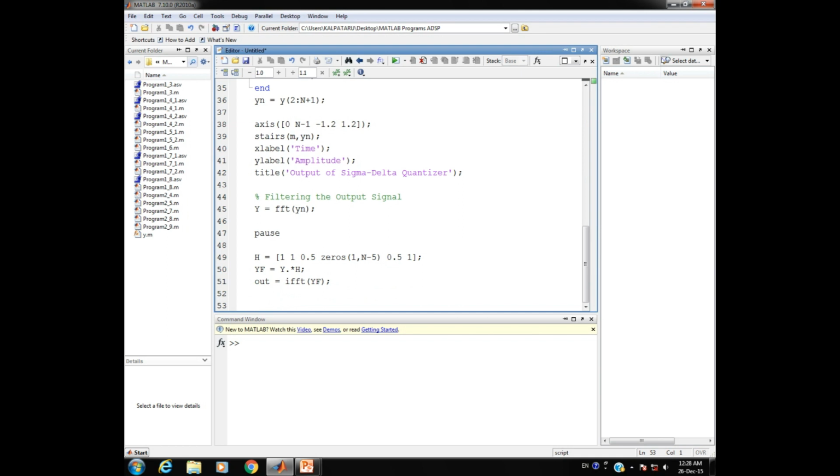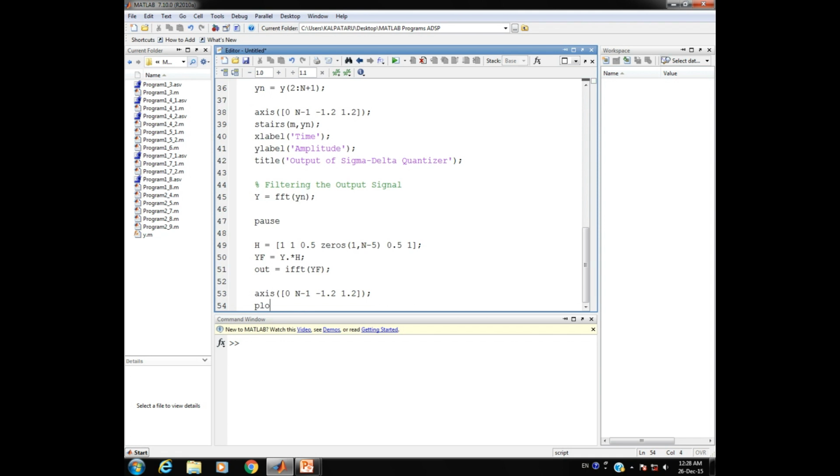So now the filtered output should also be displayed. After the pause we are going to have a display in the MATLAB window. For that purpose we require the axis: 0 space capital N minus 1, then minus 1.2 plus 1.2. Then we are going to make use of the plot command, and the input arguments should be small m and OUT, the out variable holding the filtered output brought back to the time domain.